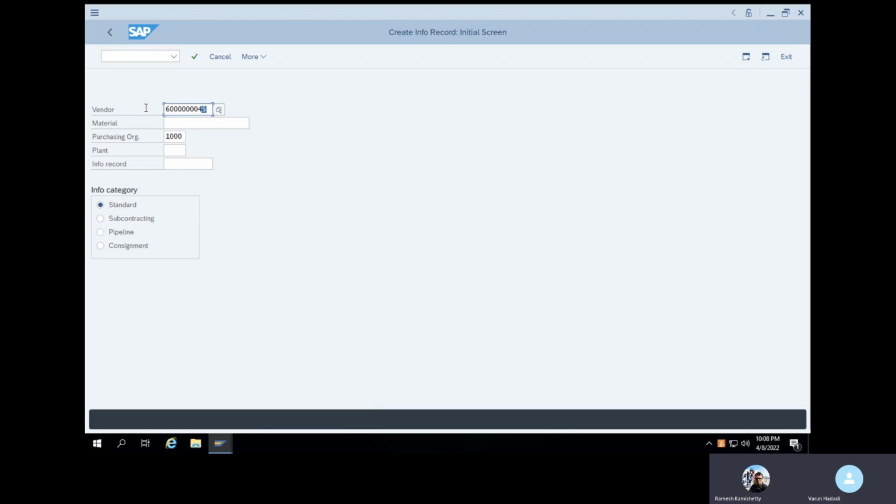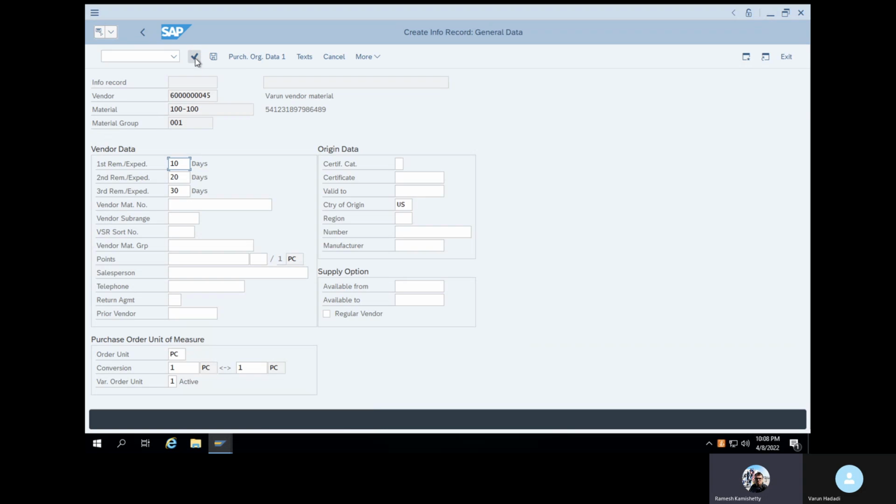Keep that vendor. Enter plant 100,000. Just press enter. So this is a combination of vendor, material, purchase organization, plant. We will create the purchasing info record. You have to tell business in interviews.